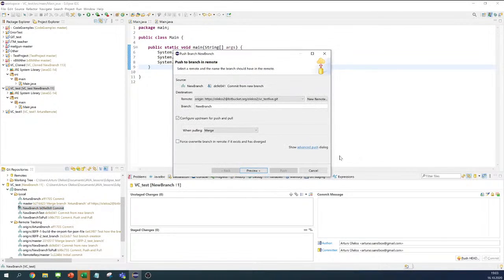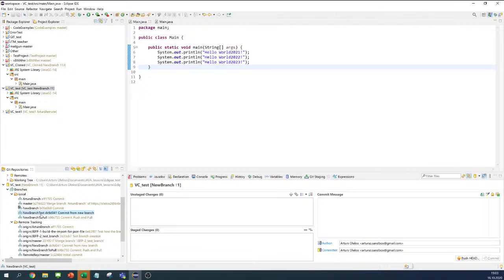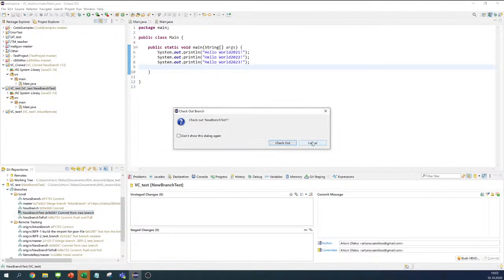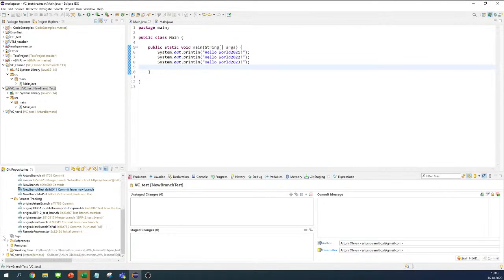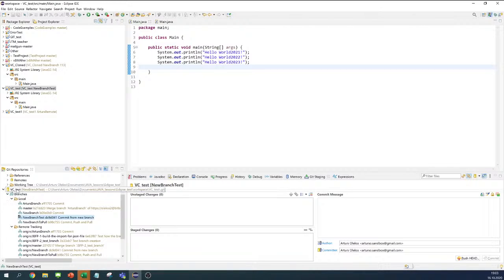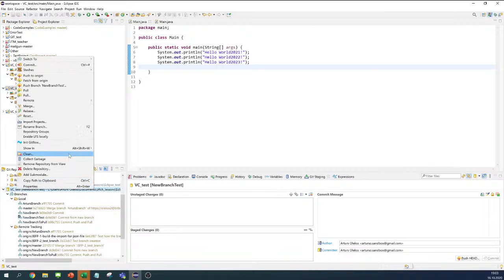Oh, sorry, I just accidentally typed. And yeah, in this case, as you can see, it is still not updated. But what we can do, we can create a new